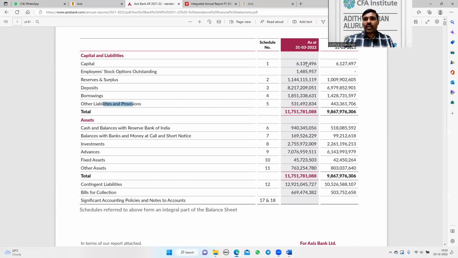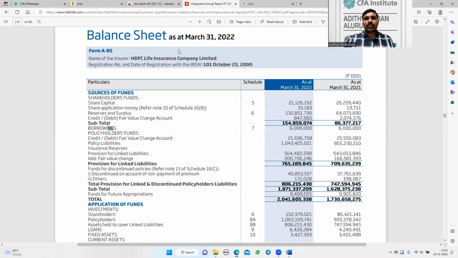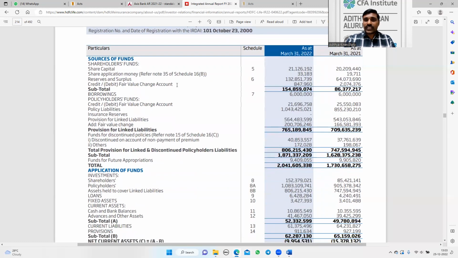Similarly, if you look at the other companies also, insurance company, look at this. This is HDFC Life Insurance Company Limited. This is the balance sheet of HDFC Life Insurance. Since it is incorporated